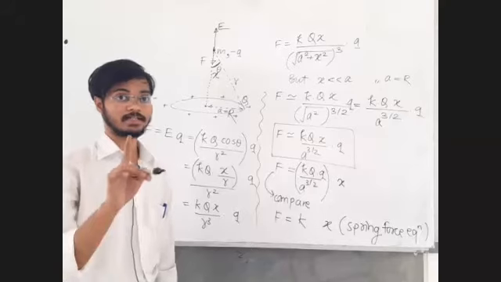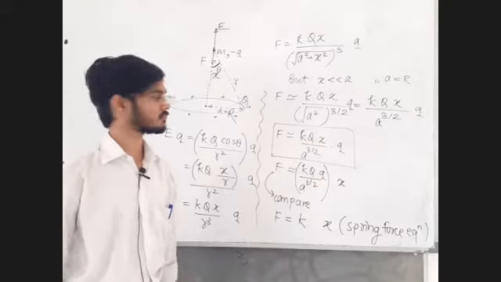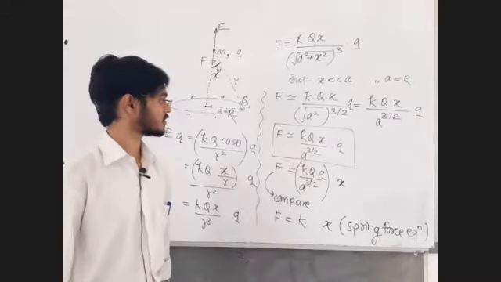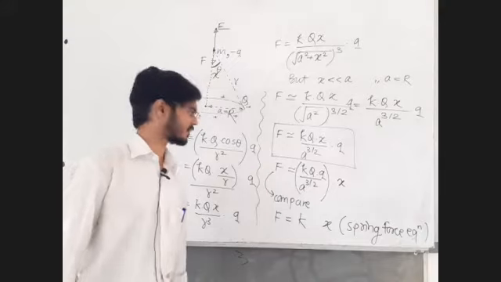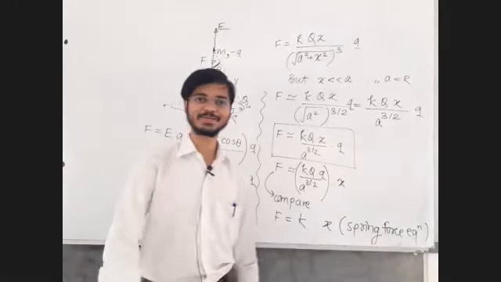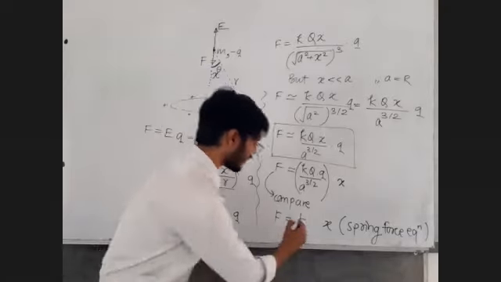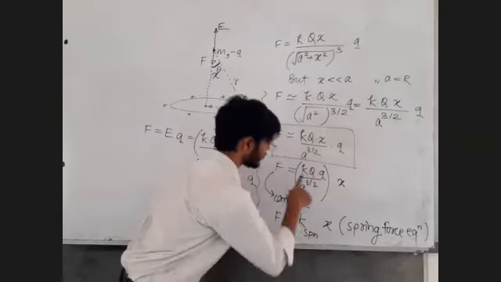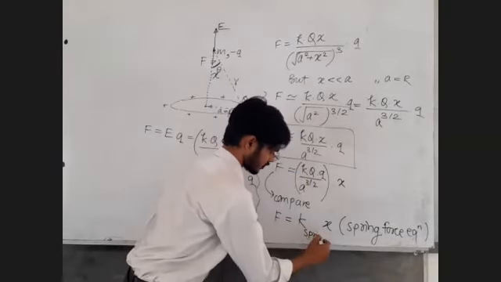And therefore they are asking the time period. Therefore they have asked us in the second bit, find out the time period. To find out the time period, it must be SHM. So it must be F is equal to Kx. K of the spring, right here, K of the spring. This K is different, this is the K of the spring. This is the spring constant.